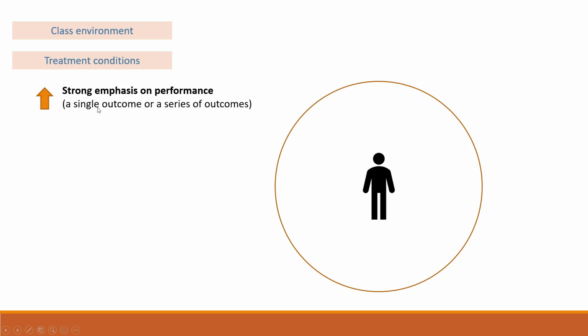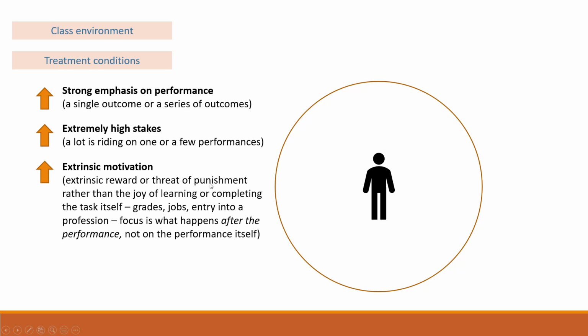So what we see in terms of conditions that lead to cheating, there's a strong emphasis on performance, and like I mentioned earlier, for example, a single outcome or a small number of outcomes. Extremely high stakes, a lot is riding on one or a few performances. And learners are extrinsically motivated. In other words, their extrinsic reward or threat of punishment rather than the joy of learning or completing the task itself,